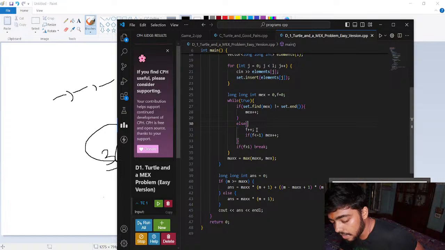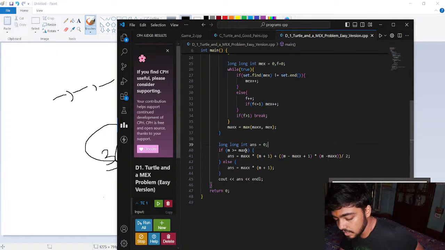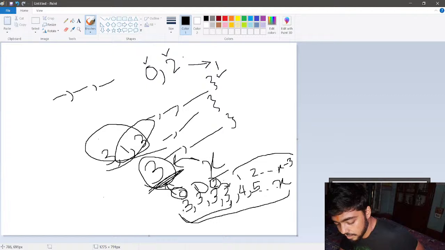But over here you're going to make it f plus plus, and only if f has occurred once or less than once, because you know that we can skip it at most once. So if it has occurred less than this, then only we are going to make max plus plus. And remember, if we have skipped more than once, you can just simply break. This is where the maximum is stored. And over here, if m is greater than or equal to max. So let's say if we were dealing with only 3 elements, we wouldn't be needing this, right? So basically, if m is lesser than or equal to this,